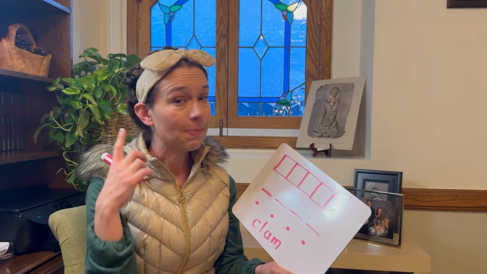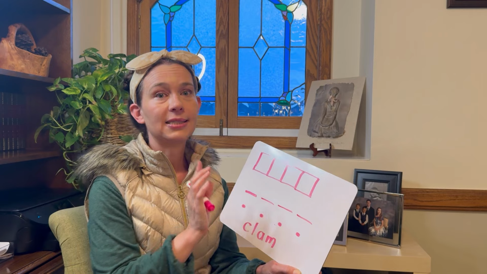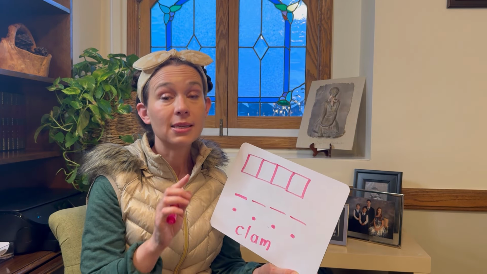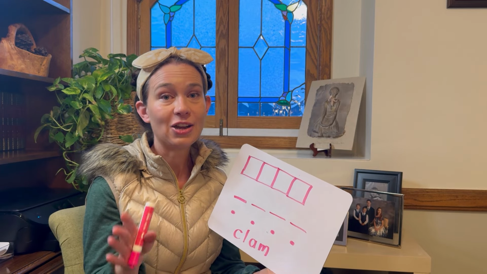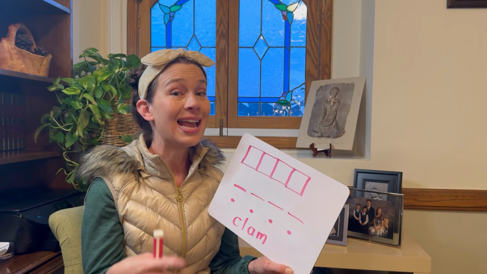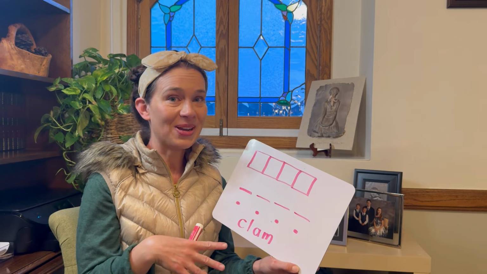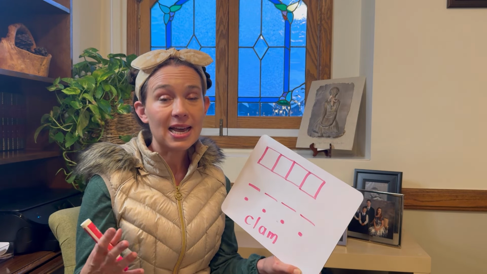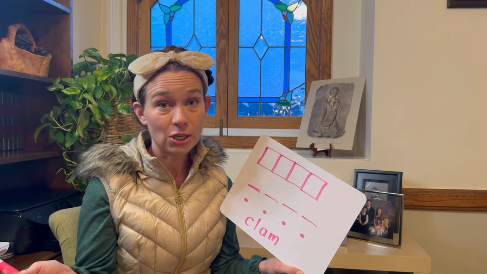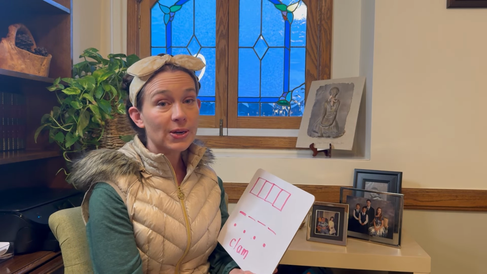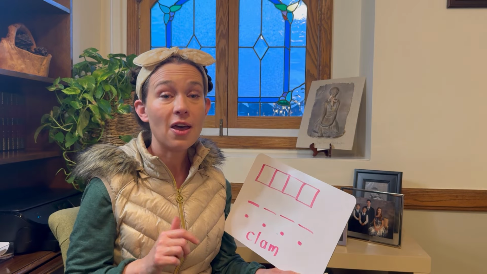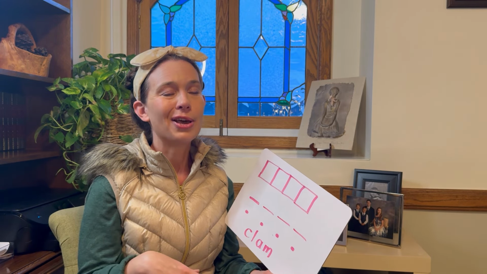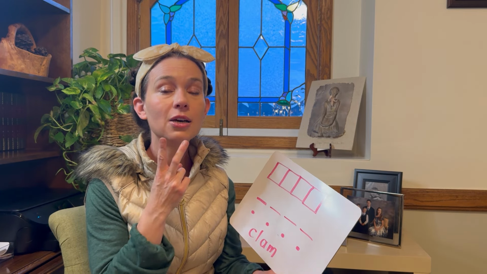So again, keeping in mind that when we do boxes, we always want to have 1 box per sound, all right? Not per letter, but per sound. In this case, in this word that we're going to work on, it is going to be 1 box per sound, but that's because each letter has its own sound. So my word is clam. I would go ahead and have younger, more tactile, concrete learners, go ahead and listen on their chin. K, ul, a,